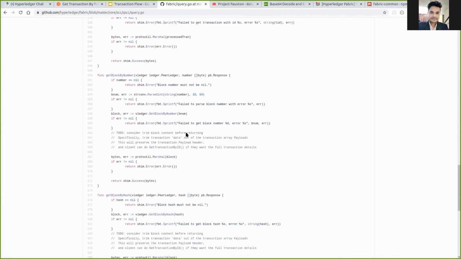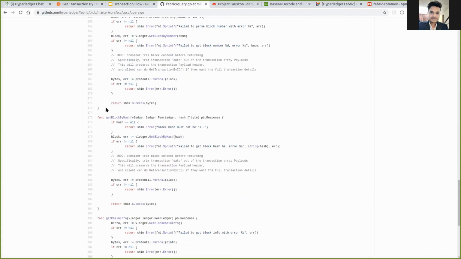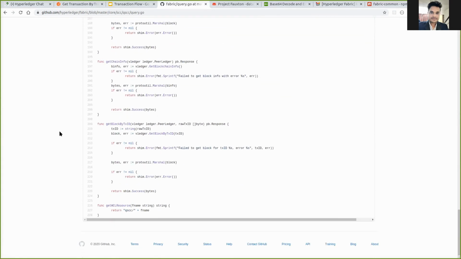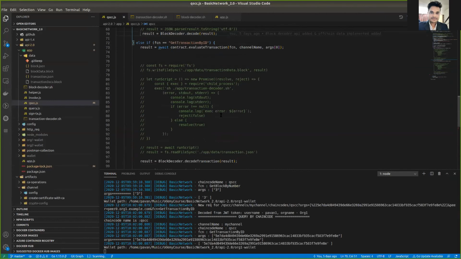We are not going to do anything here, the only thing we are going to do is invoke this method from the SDK, that is the Fabric Network SDK. So in this way we can implement this part. In case you're facing any kind of doubt, you can just let me know and I will try to help you. I would recommend you use the second approach, which is very easy, in case you are using the latest version of Fabric Common.